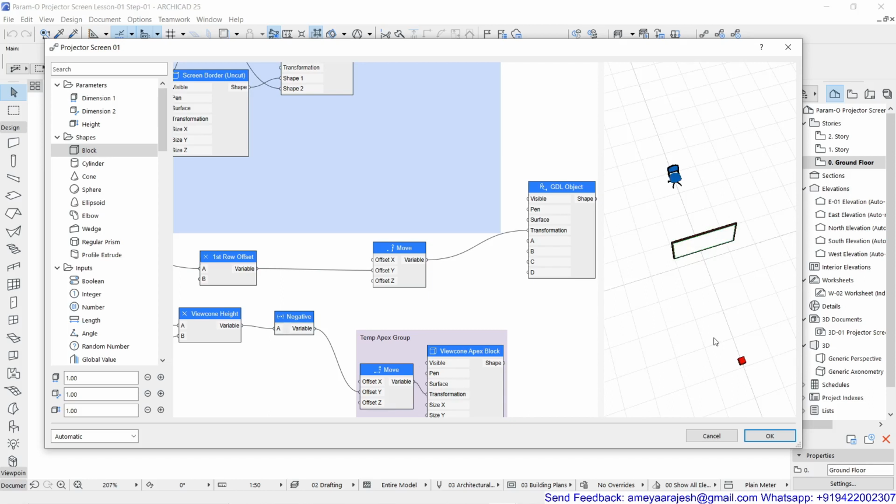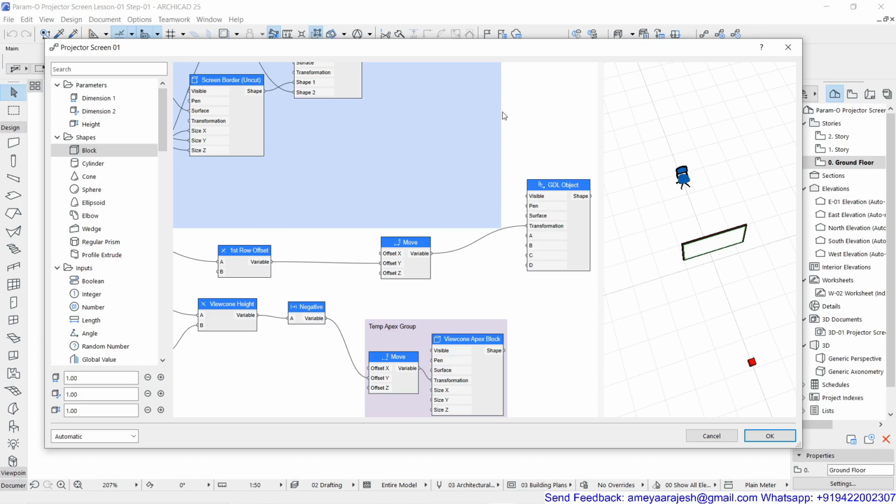Now the target is what? I would like to place the number of chairs I'm expecting in my first row, maybe 5 chairs, 4 chairs, but they should be inside that view cone, which is permitting a better viewing angle or viewing display experience for the screen. So I have to now figure out what should be my maximum extents for the first row.